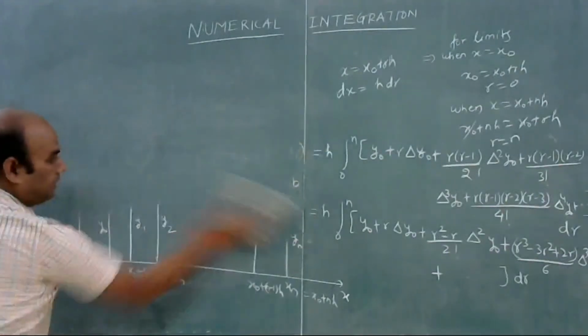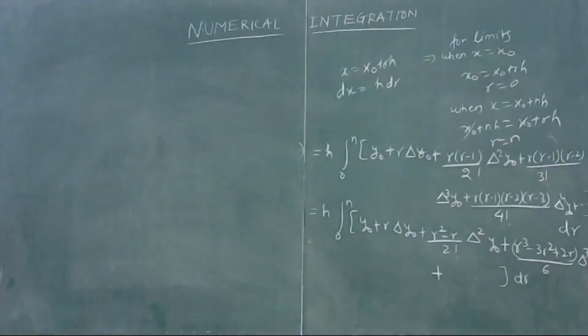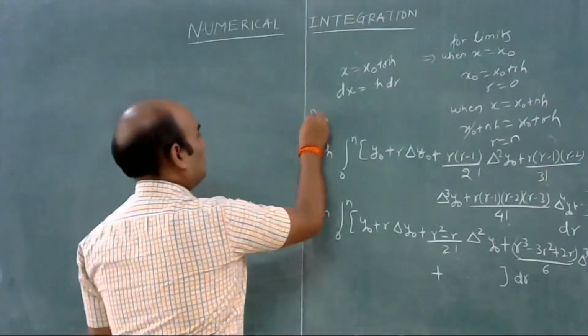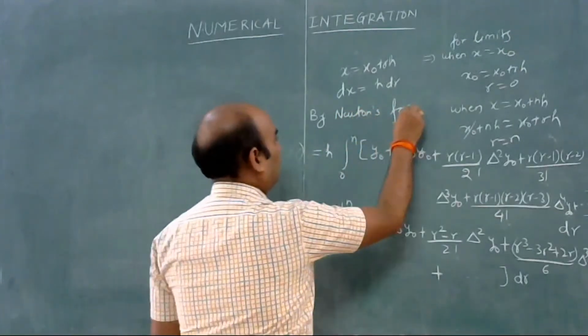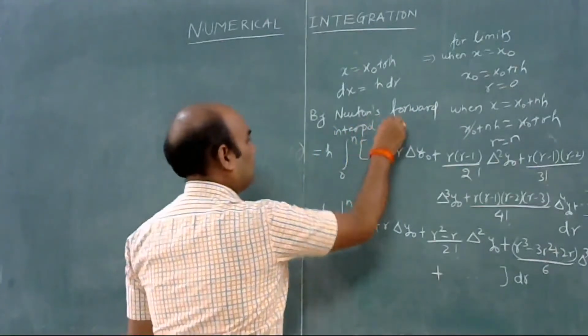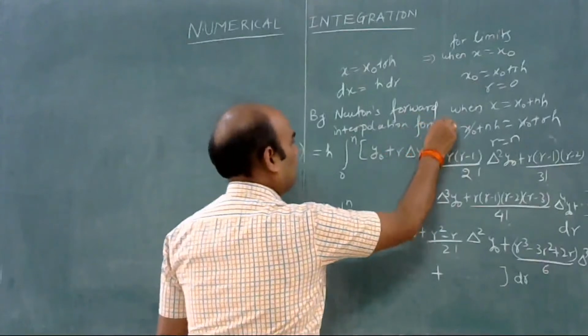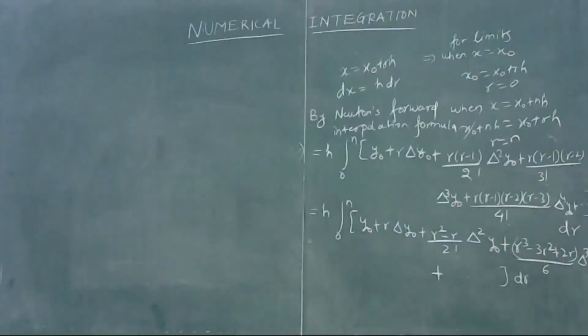So now we will integrate it with respect to dr. So this is by Newton's forward interpolation formula. So now we will integrate this. Okay, so this will be equal to,